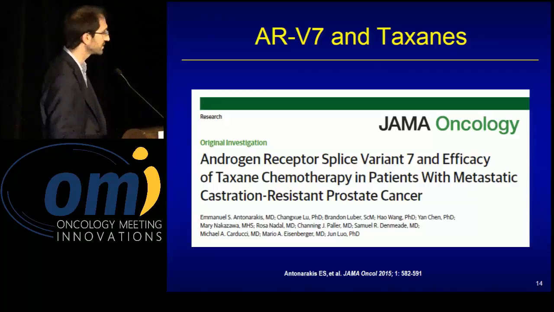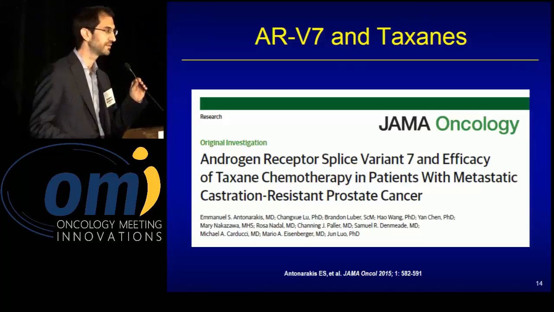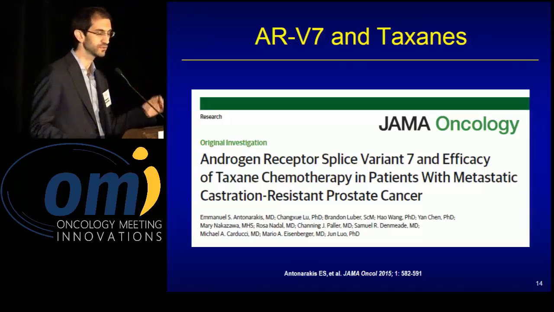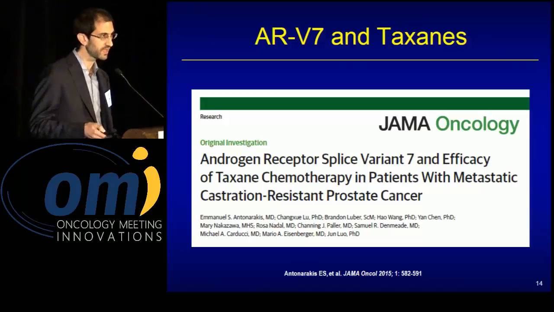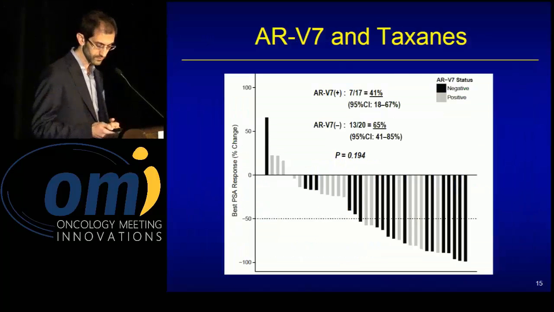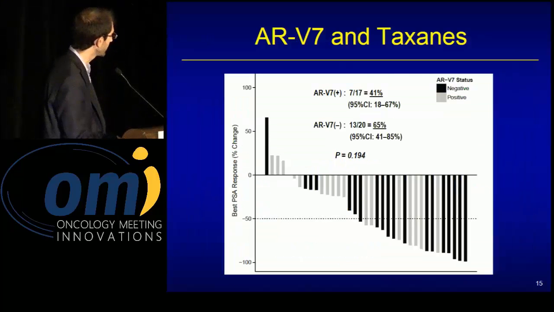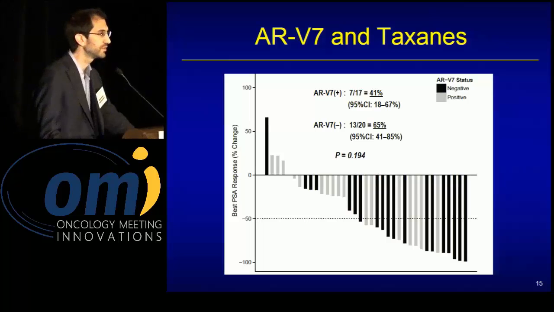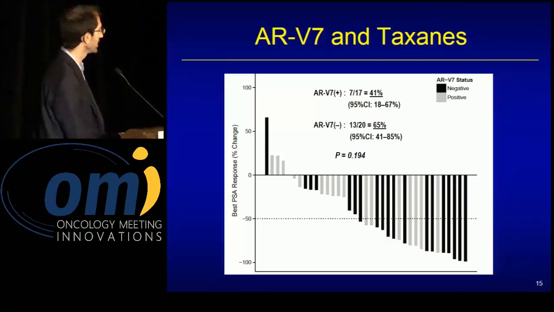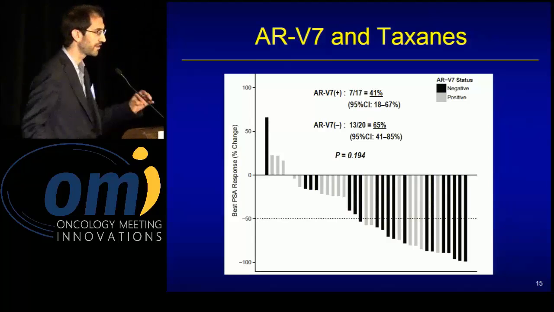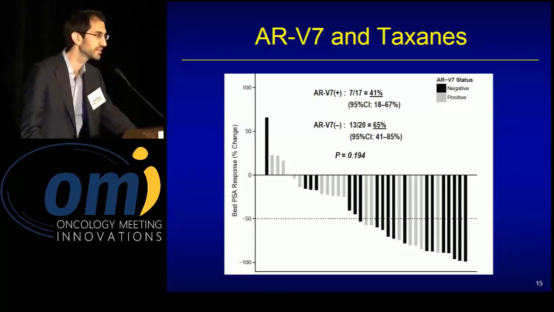And we basically enrolled 37 patients receiving the taxane. In 30 cases, it was docetaxel, and in 7 cases, it was cabazitaxel. And the bottom line is, as many people have seen already, we saw responses here irrespective of AR-V7 status. So for example, these 3 patients here, that patient there were all AR-V7 positive, and they all had robust PSA